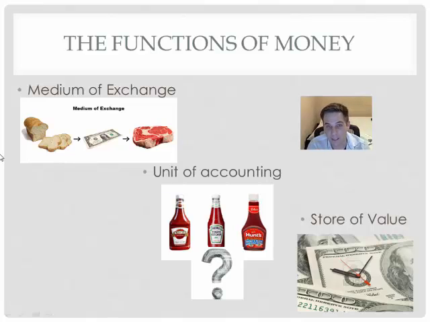Well, if we have money and that meat seller doesn't want our bread, we can sell the bread for money and then use that money to buy the meat. Because then that meat seller, even if he doesn't want our bread, he can take the money and buy something